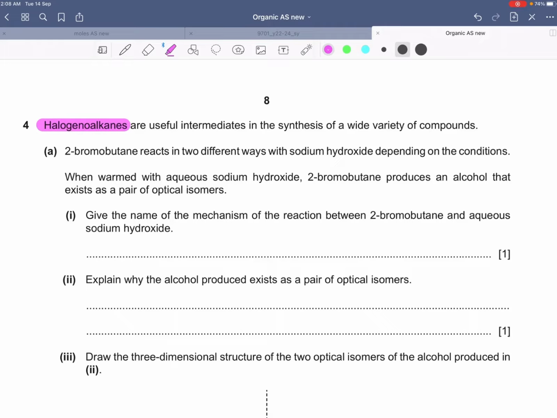One of the most important topics from organic chemistry, and I hope everyone knows that halogenoalkanes are alkyl groups attached with halide groups. So we can also call them alkyl halides, because an alkyl group is attached to a halide, and they are also known as haloalkanes. So these are different names for alkyl groups attached to halide groups. Halogenoalkane is the most common one, or we can also call them alkyl halides.